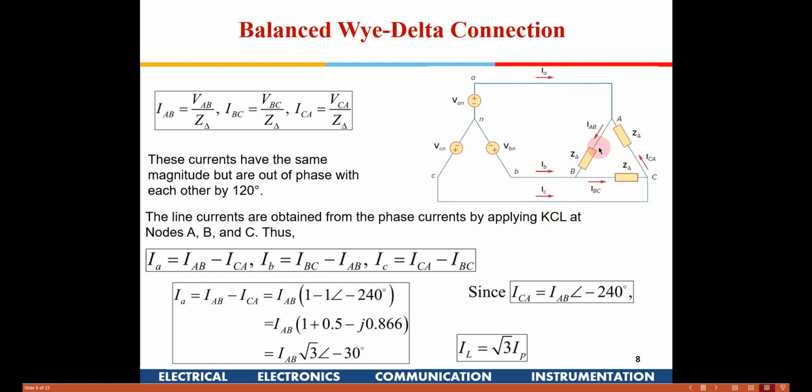So if you see, this line current is different from the phase current out here. We also saw that this line current is the algebraic sum of these two. If you do that, you will come to know that the line current is √3 times I_P. So in this particular configuration, where you have a Y source connected to a delta load, the line voltage is √3 times the phase voltage, and also the line current is √3 times I phase. So that was the difference.